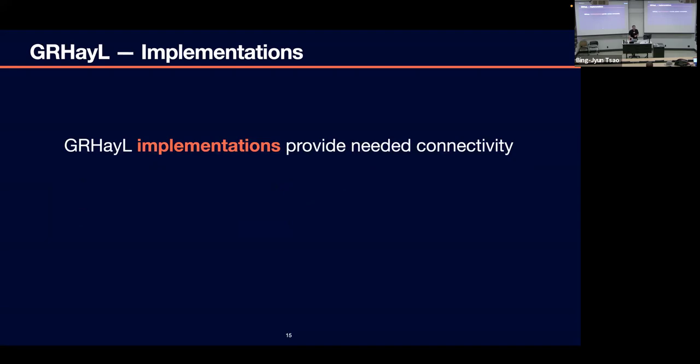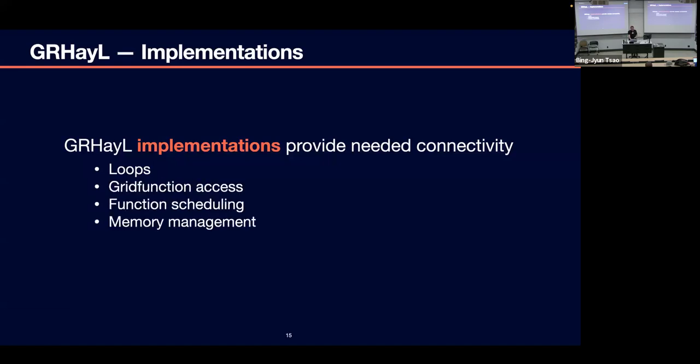So the implementations are where the connectivity comes from, right? It's only in the implementations themselves that you're going to find loops, grid function access, function scheduling, memory management, MPI, OpenMP. All of this is outside of GRHayL. GRHayL does not handle any of this, and it's up to your infrastructure to handle these. There's I/O as well.